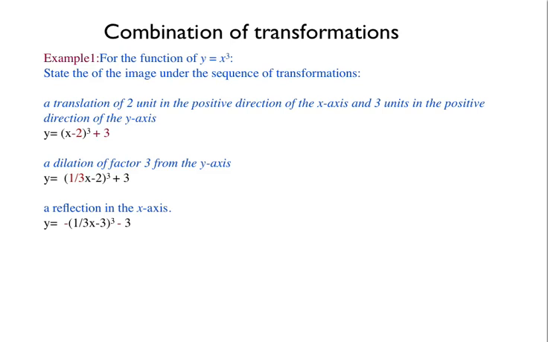Combination of transformations. The following transformation shows how the dilation from the y-axis, when it's performed after the translation, only affects the coefficient of x. For example, for the function y equals x cubed, when we need to translate 2 units in the positive direction of the x-axis and 3 units in the positive direction of the y-axis, we need to subtract 2 from x